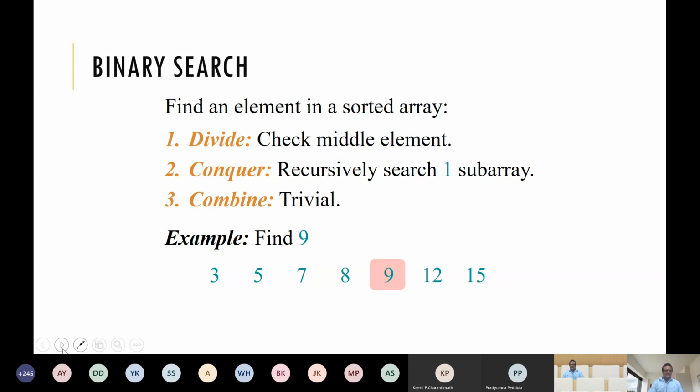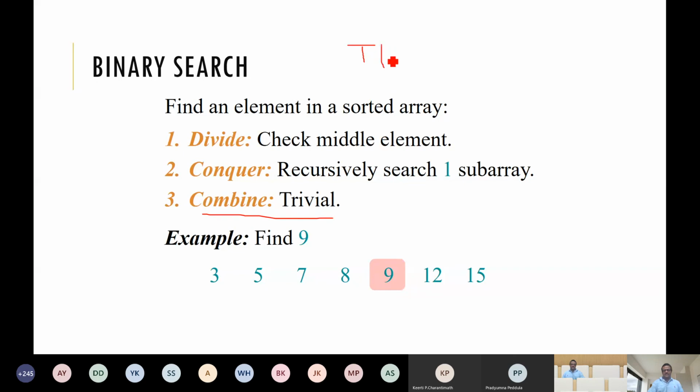Now what is the time complexity? We have to find the recurrence. What will be the recurrence of this? You understand this comes under the divide and conquer technique. So what is the combine step? The combine step is nothing. We don't need to combine anything here. We just keep on searching. If finally there is only one element and it is matching, fine. Otherwise, we stop.